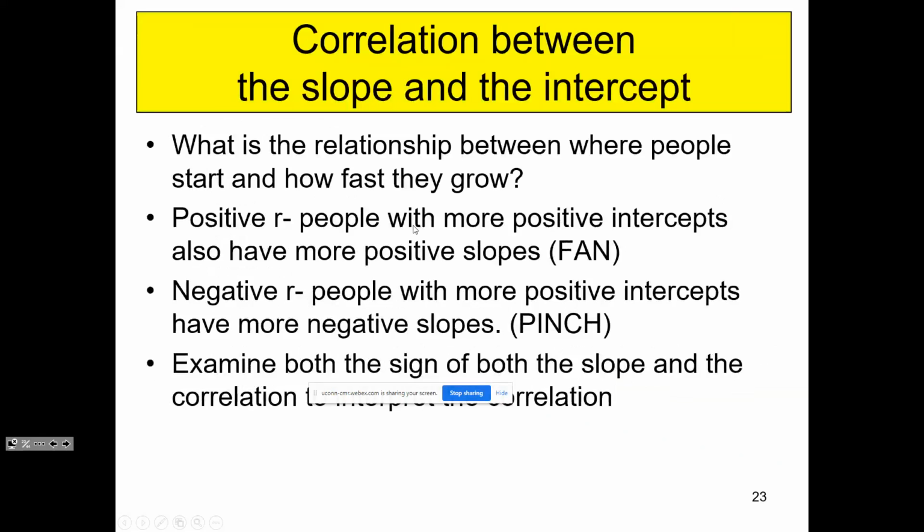Oh, I should say too, that when we're looking at growth curve models, you want to look at the unstandardized estimates for everything except for the correlation. So you want to look at the unstandardized estimates for the slope and intercept means, the slope and intercept variances. Error variances you're not really going to do much with, but all of the parameters you're interested in looking at and reporting come from the unstandardized parameter estimates,